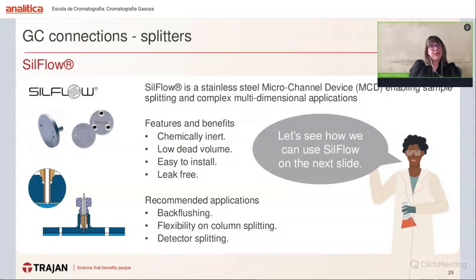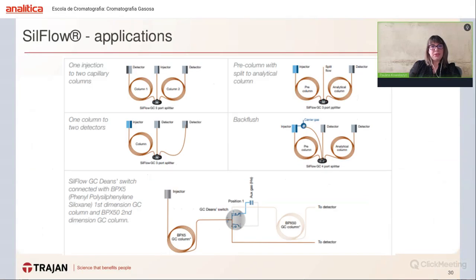The next connection within our GC, which we can use, is the splitting of the signal, so splitter. And within our range of the products, we do have SilFlow. SilFlow is a stainless steel microchannel device, and it is enabling us the splitting signal and multi-dimensional complex applications. So I will show you on the next slide